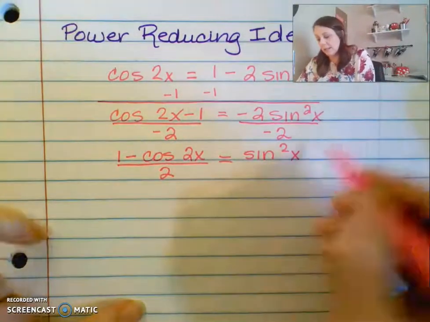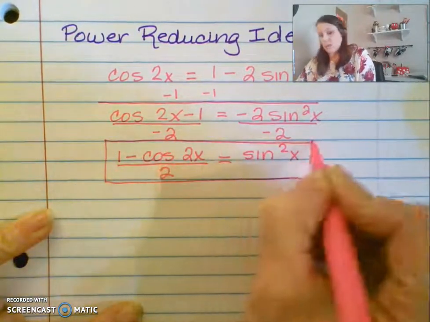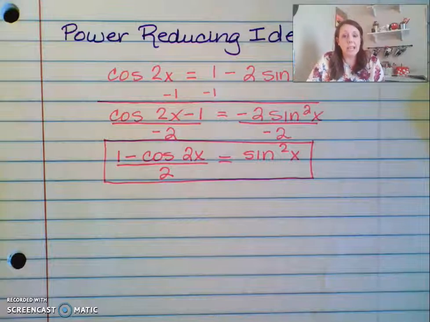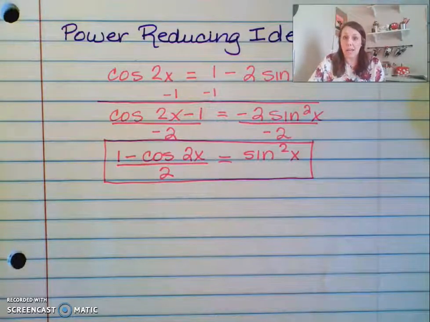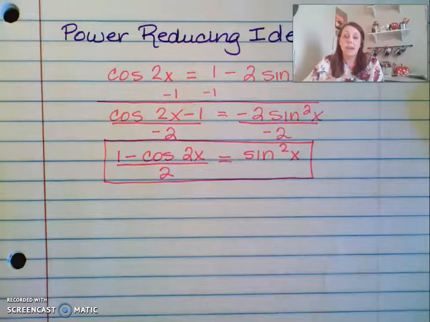And this forms the power-reducing identity for sine squared. And it also gives us a chance to now talk about why they're called power-reducing identities. In a power-reducing identity, what you're doing is looking for a way to take an expression that has a power other than 1, a power of 2, a power of 3, etc., and find a way to simplify it. So these power-reducing identities specifically work on taking any quadratic expression, a sine squared, a cosine squared, or a tangent squared, and simplifying it down into something that is just a single linear type term where you have an exponent